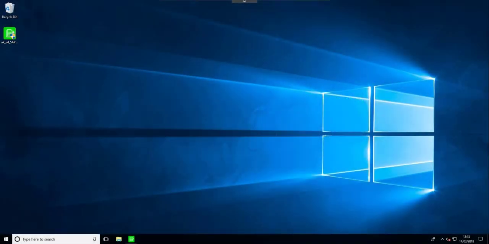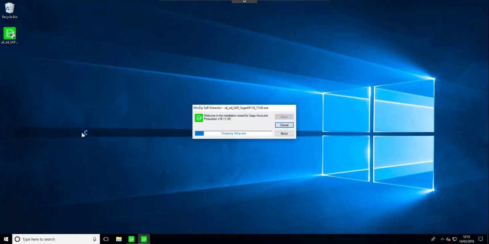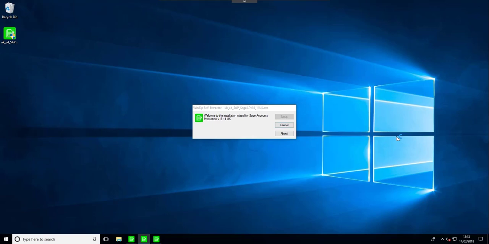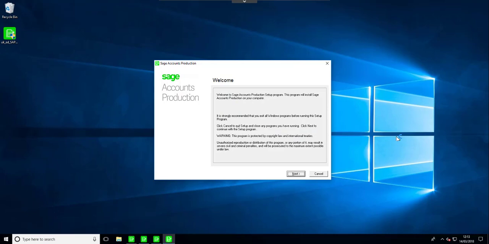Once the software is downloaded, either through the program or from the website, you can double click on the download and the files will begin to extract. You'll then be presented with the installation screen and choose Install Accounts Production. Select Next on the Welcome screen,